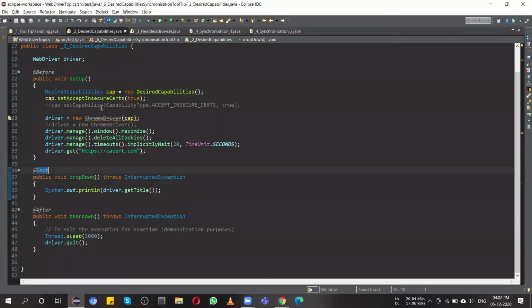And sir, what is that? The second, the hidden one, the capability, or set capabilities. That is the alternate one. You can find it over the internet sometimes. That set capability, so you can write a couple of them with the list of arguments one after another. Or either set capability accept insecure certificate as true. Okay, this is fine. This is one of the direct options, and you can see it over the internet sometimes in relevant examples.